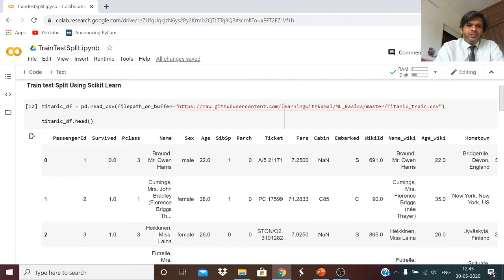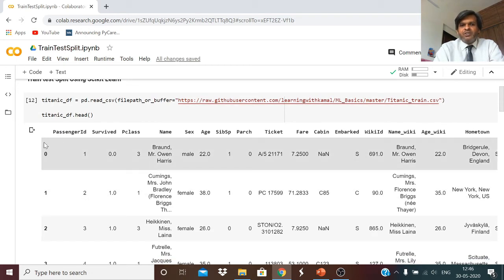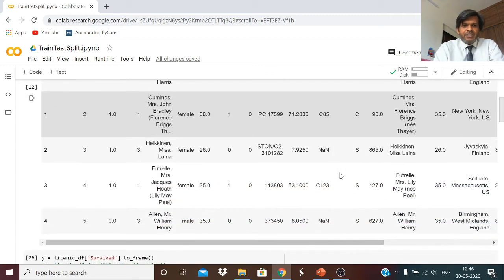Okay. So here we have the Titanic dataset which we learned about in the last session. So we have imported the CSV here, and just printed out the head to understand what the various columns within the dataset are. So if you see, it has survived, name, age. These are the various columns within the dataset.